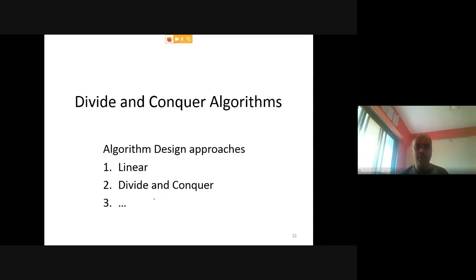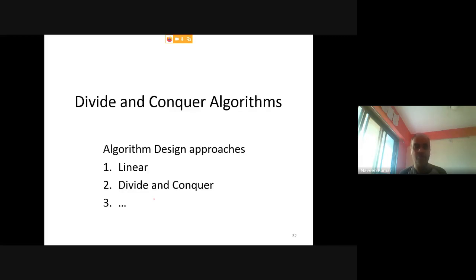Till this point, we have looked at many algorithms, and the majority of them are linear, or you can say those algorithms use a linear designing approach for writing algorithms. Why linear?